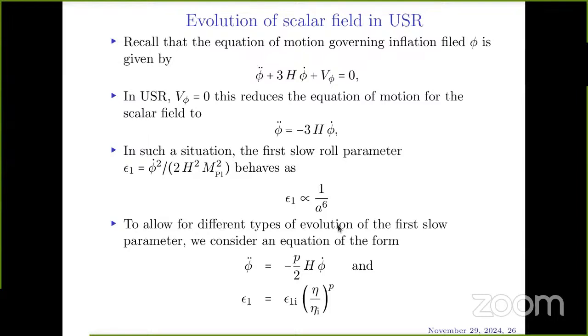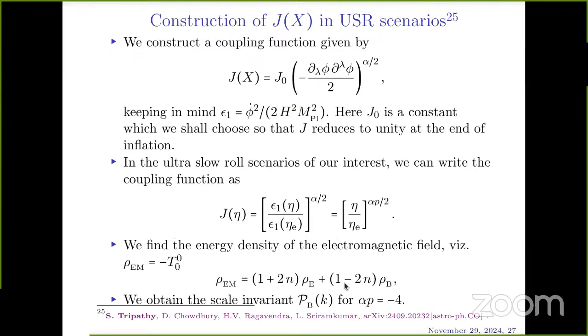So for our analysis, we have generalized this equation a bit, and we have chosen the coupling function to behave in this manner, such that epsilon 1 behaves as eta to the power p. Now, we cannot just simply use the slow roll solution anymore. So what we have done is we have used the kinetic energy of the field to construct the coupling function,